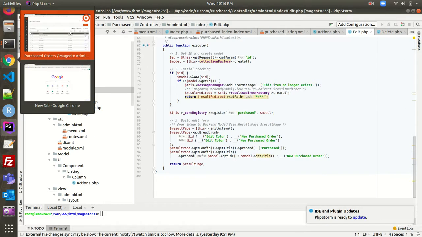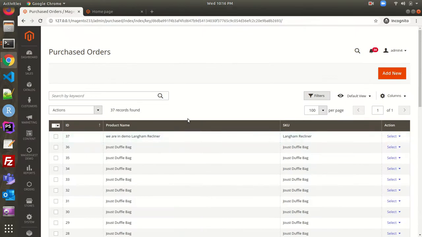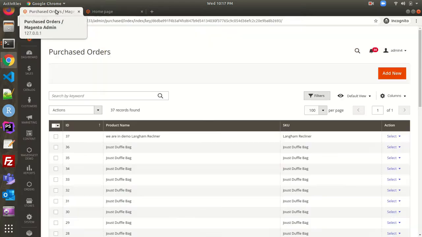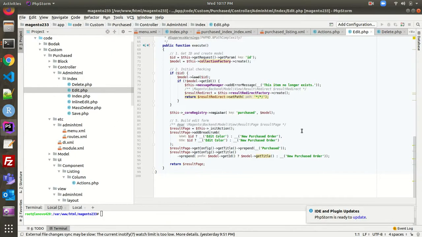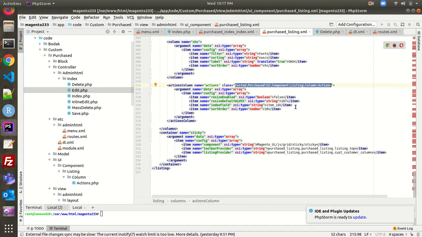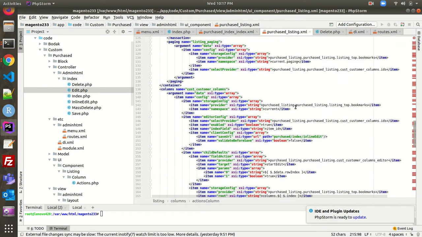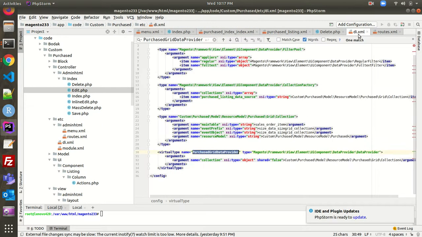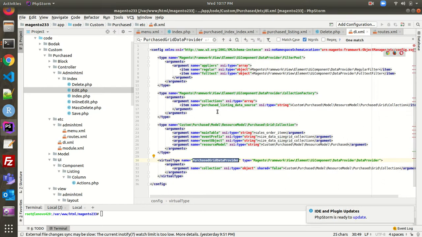Currently, as per our grid model, we cannot edit a particular data because it is coming directly from whatever the customers are purchasing from the front end. Okay, so these are the actions that you have to create if you are giving anything in the column actions part. Yeah, that's it. Basically, these are the elements that you have to consider while creating a grid. Now what I'll do, I'll go to the di.xml, because over here we have certain things.